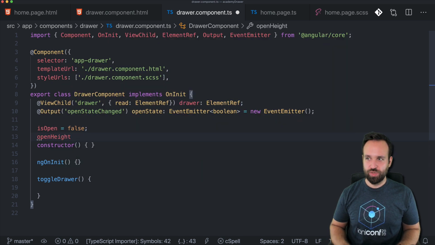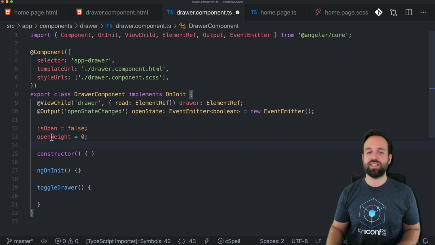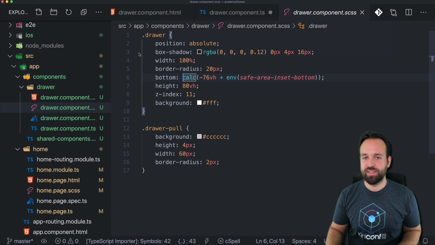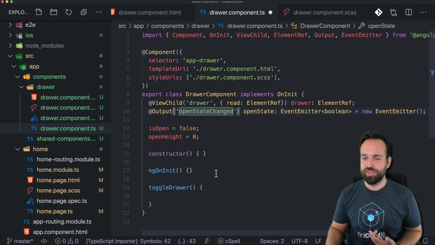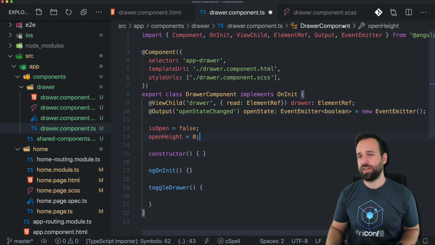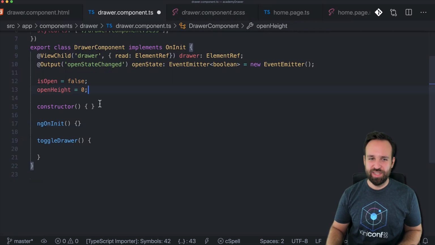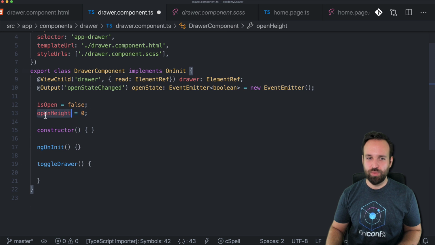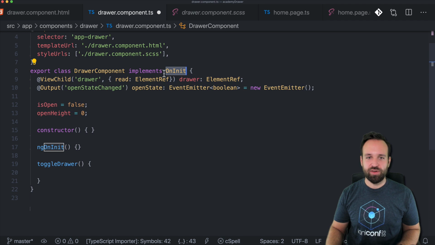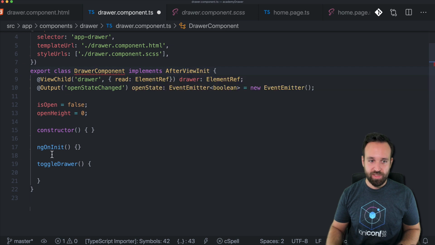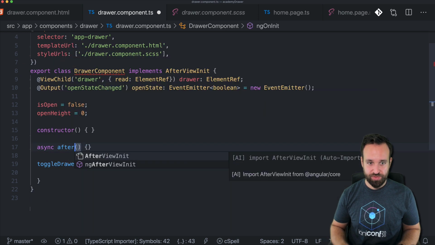And then I also want to take care of the openHeight a bit more dynamic. So in Aaron's tutorial, he used a fixed pixel value for both the bottom and the height. Then it works kind of great, and you can easily position it. If that works for you, then really I recommend to use the fixed values. I just wanted to find a more dynamic way of doing this, so that's why we will get the openHeight from the platform. And we need to do this not in our OnInit, but actually in the after view init. And then we can change this to async